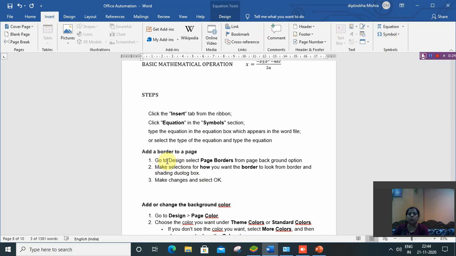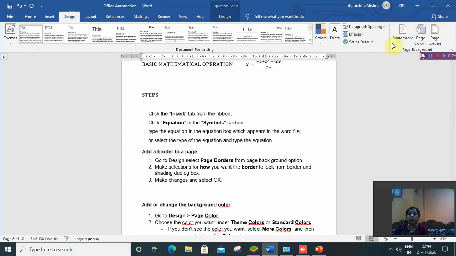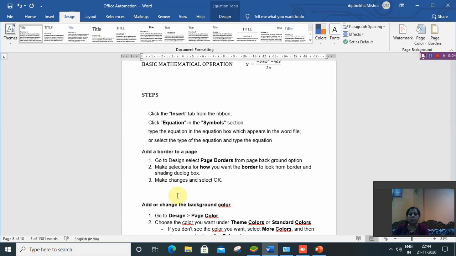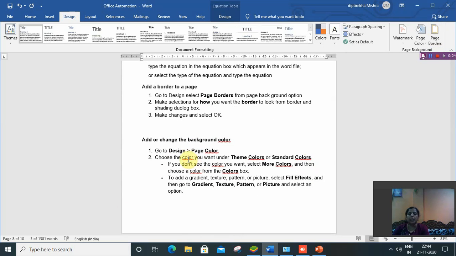And to insert the page border, in the design tab, go to the page background and select the page border option. So these are the steps for the border of the page and background color.